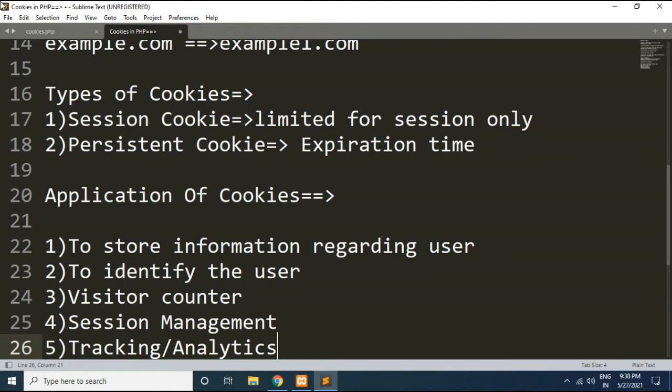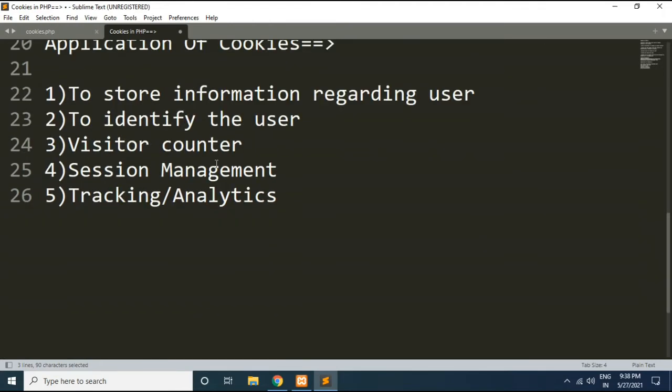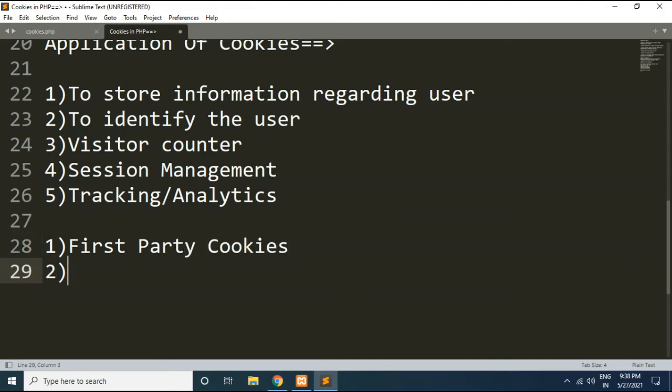These types are based on who actually creates the cookie, whereas the types we discussed earlier are based on time, for what time the cookies are valid. So based on who creates the cookie, the first type is called first party cookie and the second type is called third party cookie.